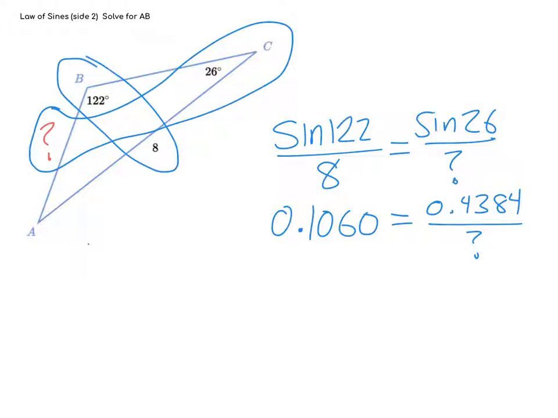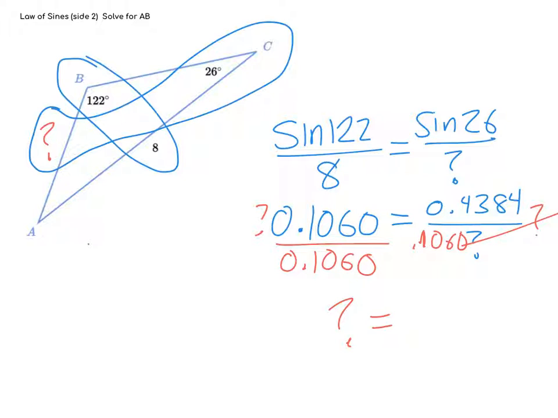And then we have to divide that by the question mark. To get the question mark out of the bottom, I'm going to multiply both sides by the question mark, and then divide both sides by 0.1060 to get the question mark by itself. And when I do that, 0.4384 divided by 0.1060, we end up with the number the question mark is equal to